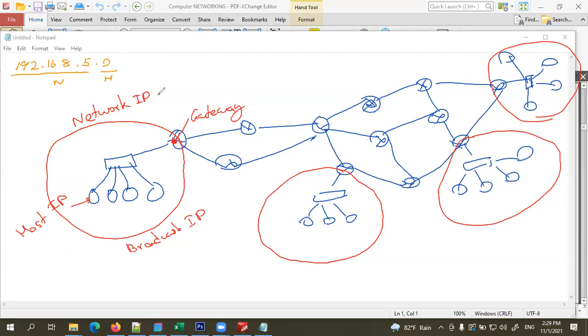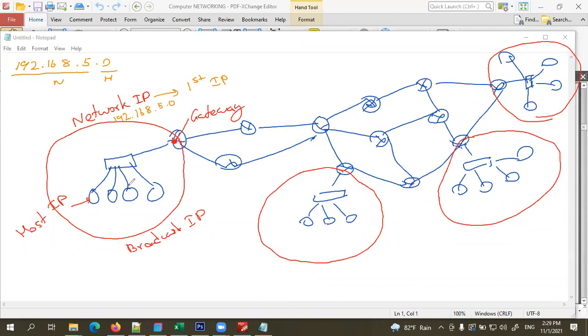As the network IP, we use the first IP of the network. So what should be the network IP here? 192.168.5.0 is the network IP.